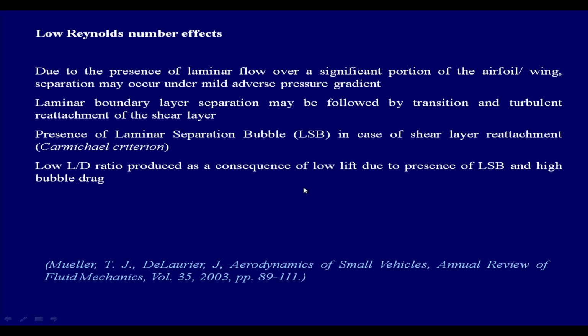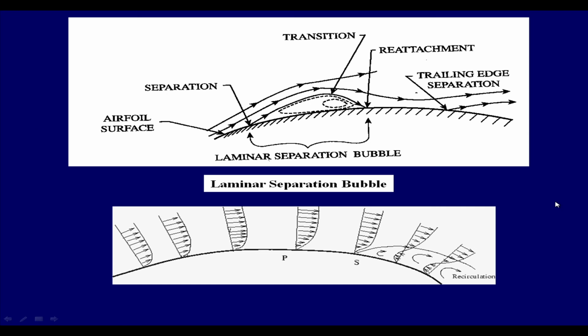So, one of the issues here is the formation of the so called laminar separation bubble, and we will show one slide just to give you some picture of what actually happens. These kinds of things are rarely seen in the high Reynolds number regimes, which we are talking about for the bigger aircraft, but very often happen in the low Reynolds number regimes. We see that in the initial part of the flow, to quite some distance, the flow is still laminar, and when just minor adverse pressure gradient effects start getting felt, on that verge the boundary layer very easily tends to get separated,